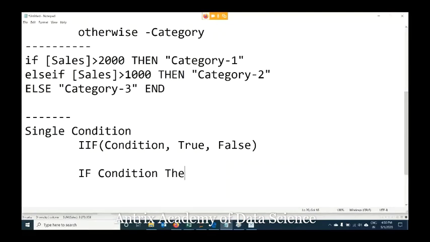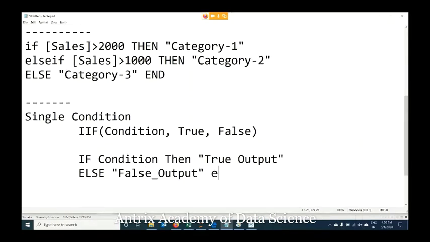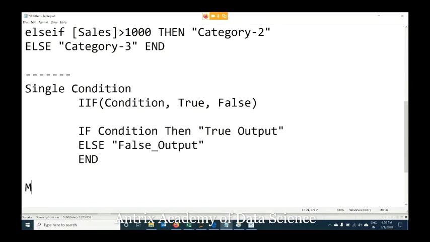Then we are having output, what we have to go as output, then we have else there. It's not case sensitive. You can put further output, the false output. Here we can go for true output. If it is in text, you have to put in quotes. If it is in value, you need not go in quotes. Then we have to end this condition with END. If there are multi conditions,